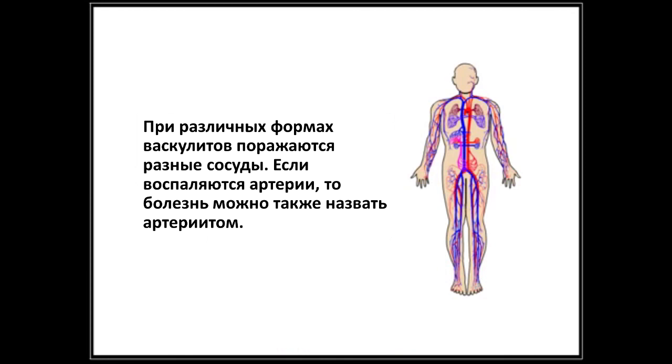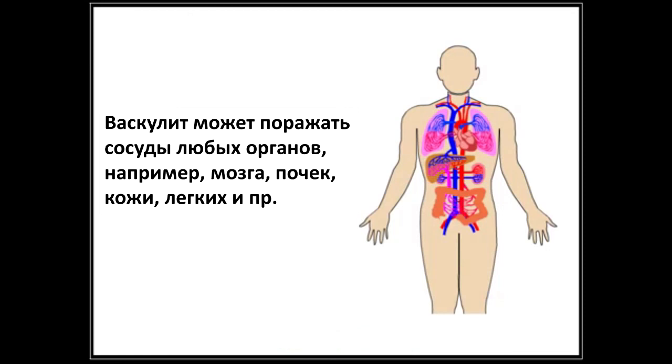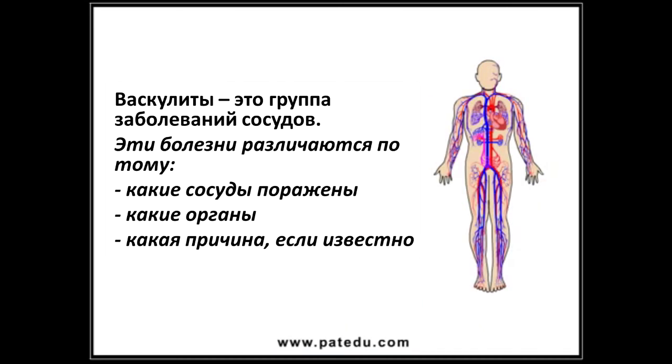Depending on the disease, vasculitis can affect various blood vessels. When arteries are the inflamed blood vessels, the condition is also called arteritis. Vasculitis can affect blood vessels in various organs, such as the brain, kidneys, and lungs. Vasculitis is a group of diseases of the blood vessels. The diseases differ according to the blood vessels involved, the organs involved, the main cause, if known,